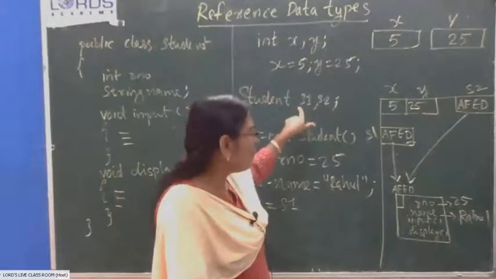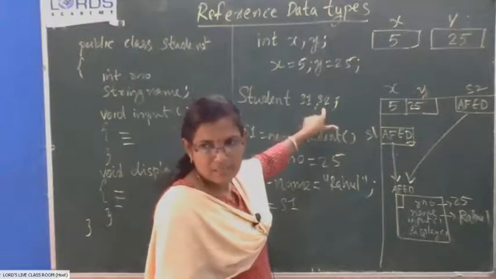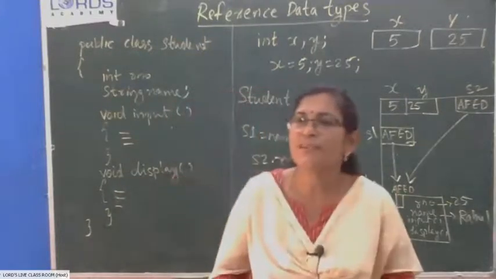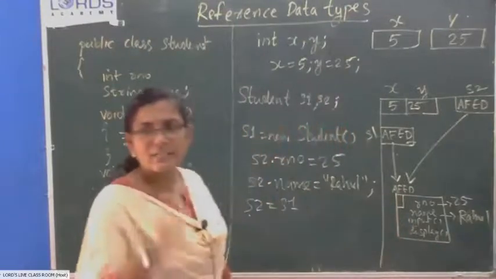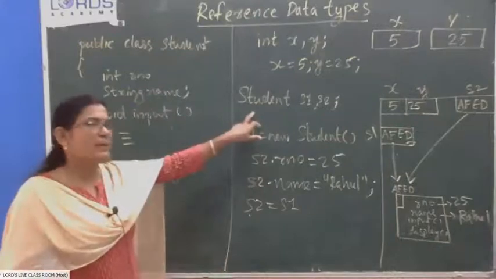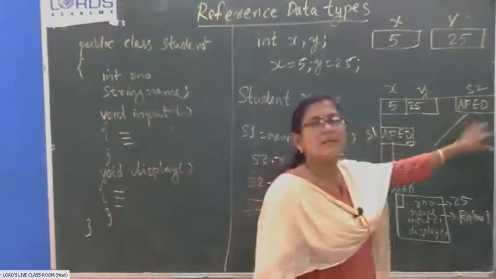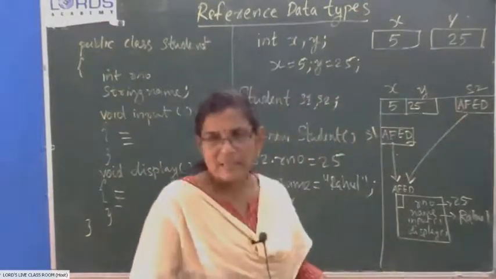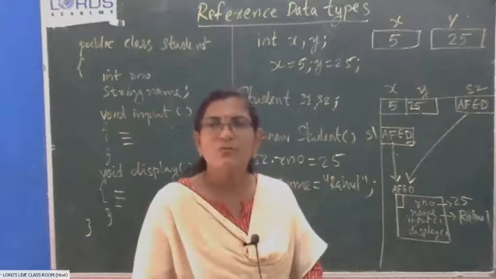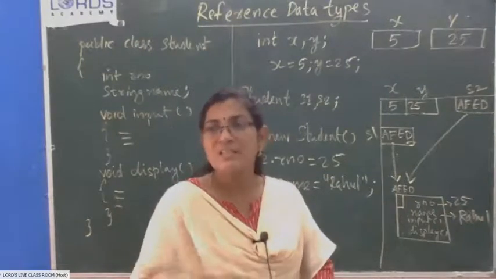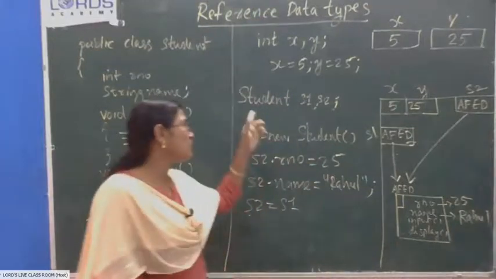Similarly, S2 also can be used to store an object of the student class. You will not be able to store the address of objects of any other classes. Only the address of student type objects can be stored in S1 and S2. So two different memory locations are reserved. They are known as pointer variables. You cannot use that storage location to store any primitive data type. You can use those locations only to store the address of an object, and that object should be an instance of the student class.